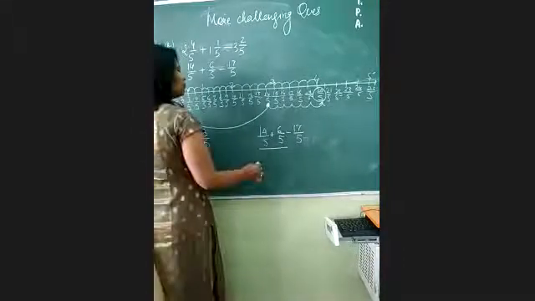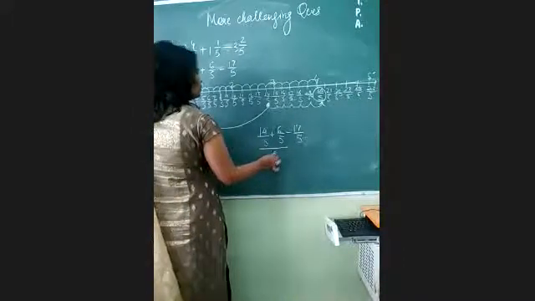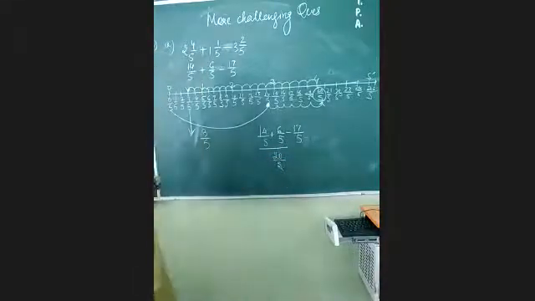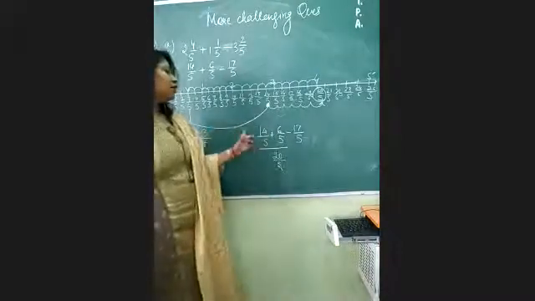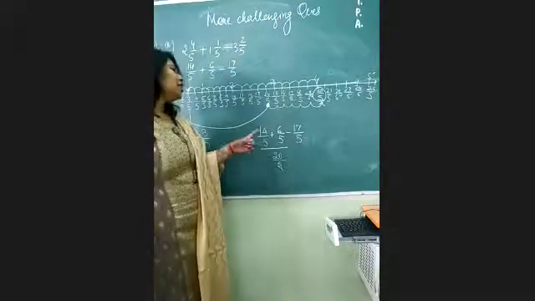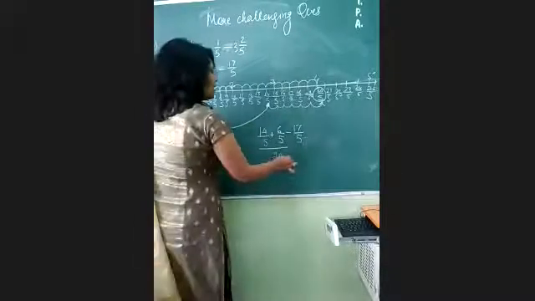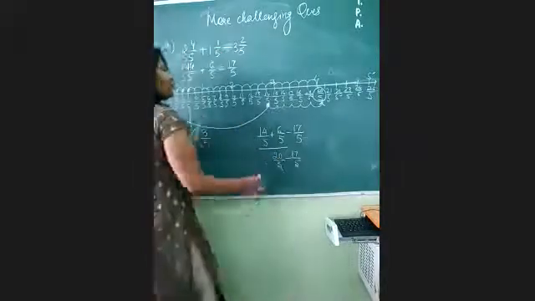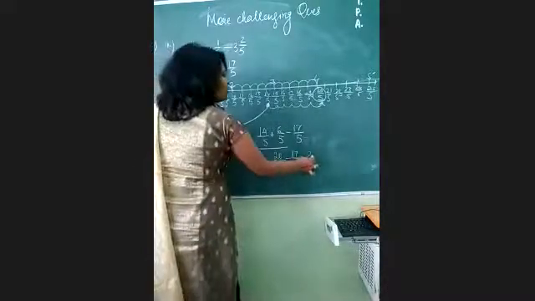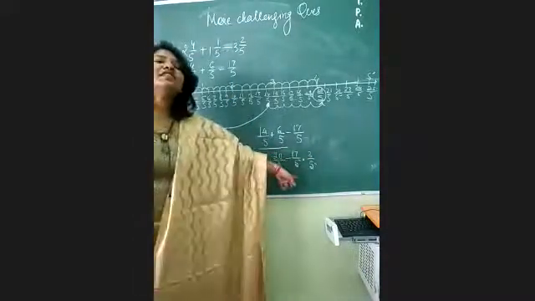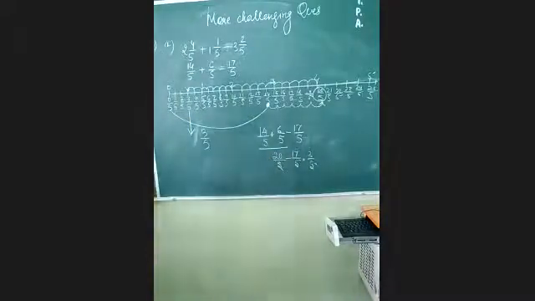14 by 5 and 6 by 5, and from whatever the sum is, we can subtract 17 by 5. Absolutely. We will add 14 and 6, which will give you 20/5. Then we have minus 17/5. So 20/5 minus 17/5 will give us 3/5. And now you can see it's 3/5 and this is 3/5. Both are exactly the same. It means you people are doing the correct process of doing this question.